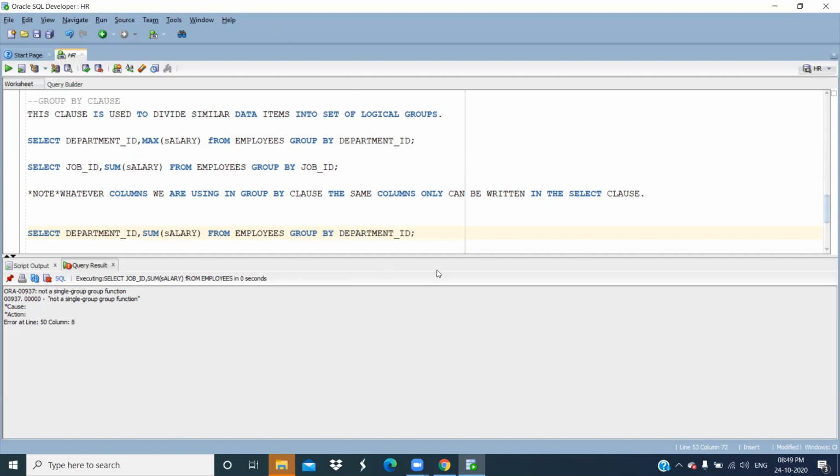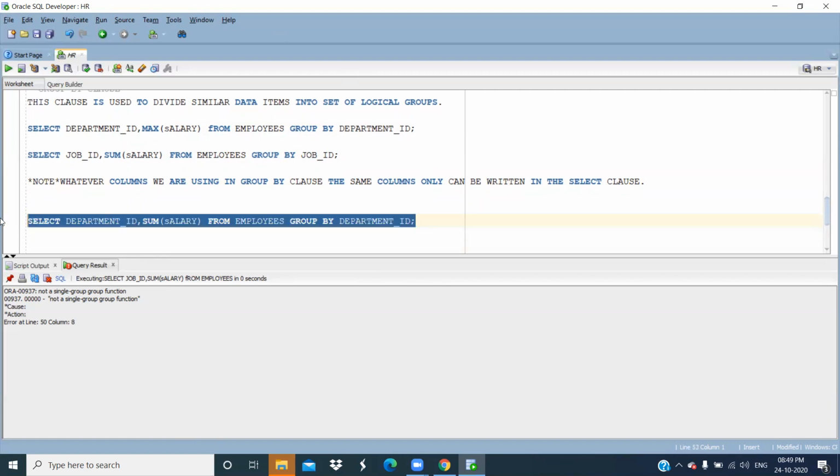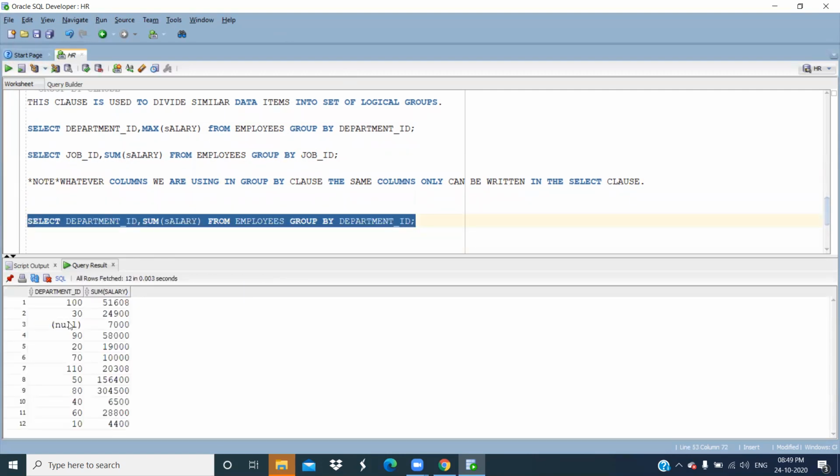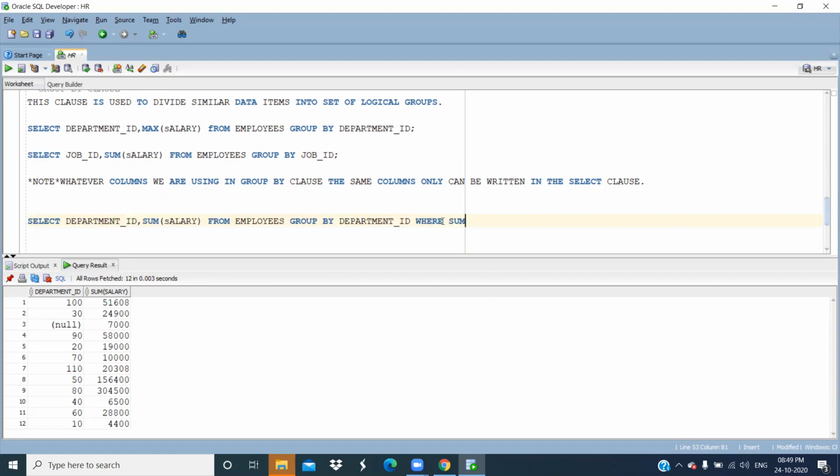When you are using the group by clause, if you want to give a condition using some group function, like I want all the departments whose sum of salary is more than 50,000, can I write the condition in the where clause? Where sum of salary greater than 50,000. Can we write like this?